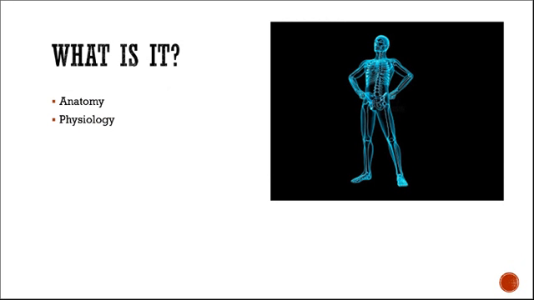So what is anatomy and physiology? Let's kind of start there. What is it that we're taking this class for, and why is it important? Overall, science is a way of thinking and a method of investigating the world in a systematic manner. And human anatomy and physiology is considered a science. So anatomy deals with the structure or morphology of the body and its parts. So in other words, it's the name of the parts.